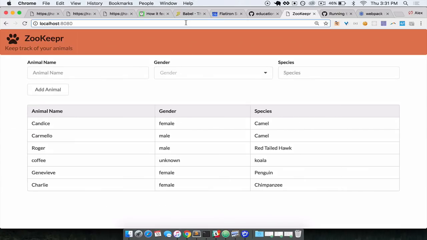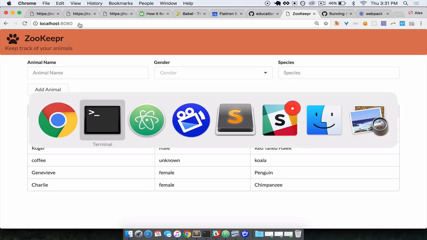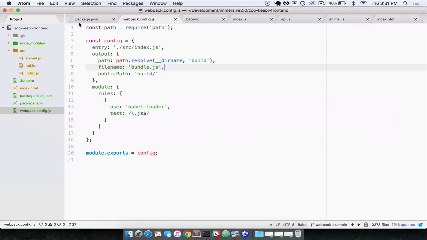Put this into our browser. I already have it up and running. Awesome. So here's all our code running as normal. It's running on a certain port in our computer rather than just us opening up an index.html file. What's really awesome about the Webpack dev server is that if I go ahead and make changes to my code,